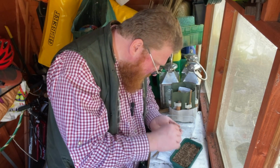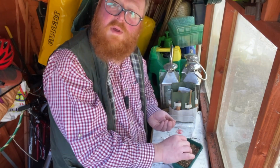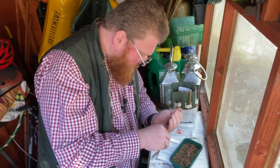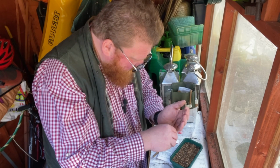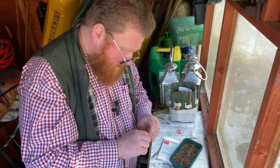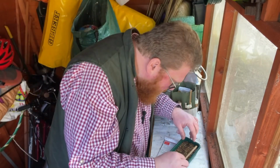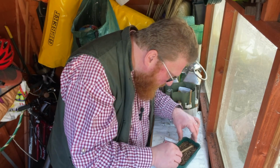Get them nicely sown. Not too much, but it depends really what your mileage is. You can actually get quite a lot sown in these pots and then pricked out into much larger cell trays to grow on. And we'll be planting these out in a month or so's time. Now, just for the covering up, we just want to give them a little tap over on either side of the furrow,